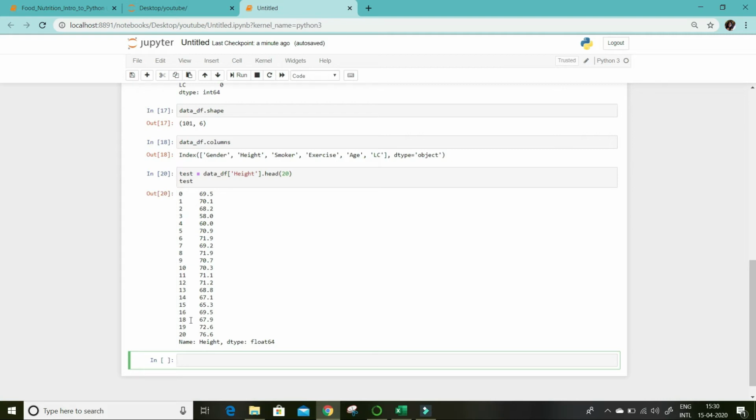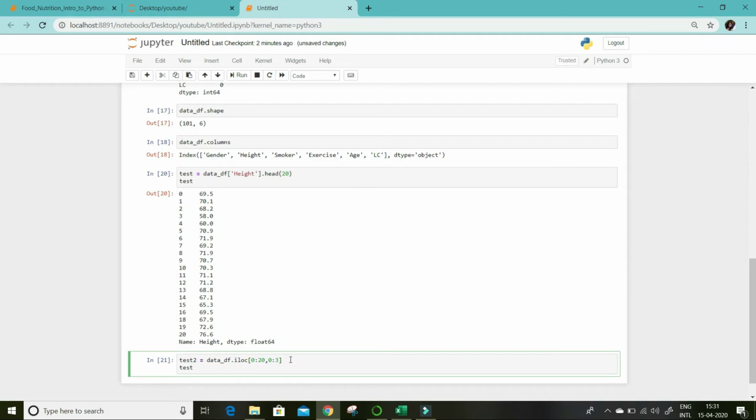Now what I want is to create a new subset such that I take in my subset the first 5 rows and first 3 columns only. So that subset name I am giving is test2, and from data_df I am taking iloc. It means you are locating or indexing. Let's say top 20 rows only we are checking, and the number of columns we are taking is 3 columns. Let us run.